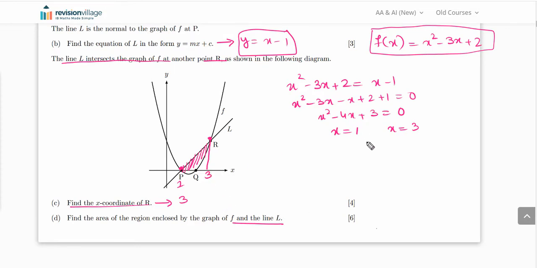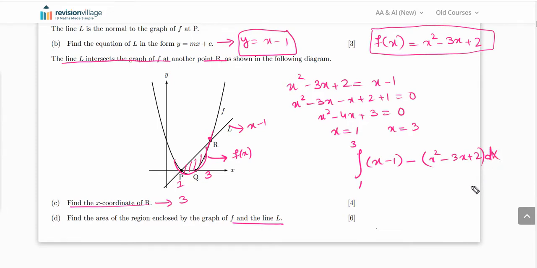So in the integration, we do the integration from 1 to 3, and in order to work out this area we take the function of the upper graph minus the function of the lower graph. The function of the upper graph is x minus 1, the function of the lower graph is f of x. So it will become x minus 1 minus the function of the lower graph, that is x squared minus 3x plus 2